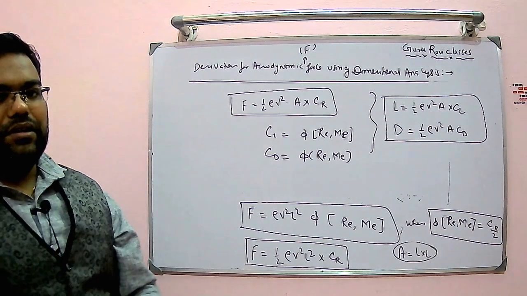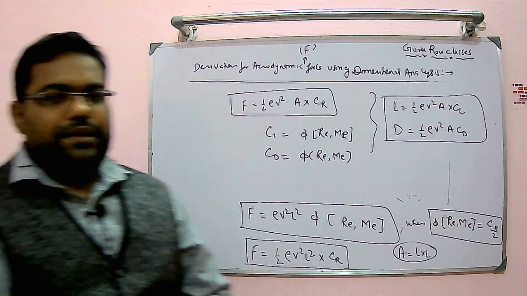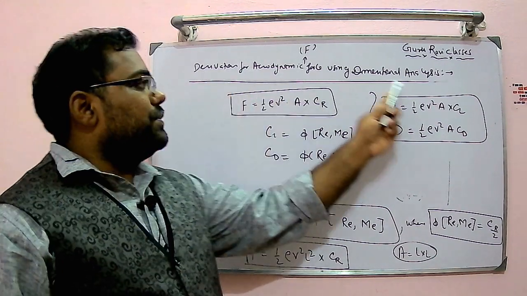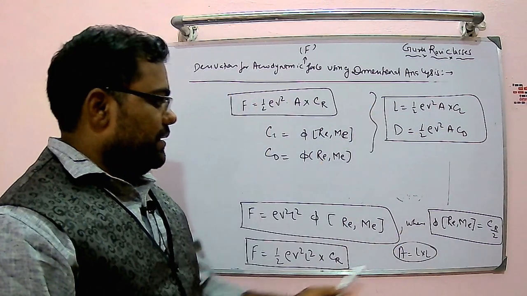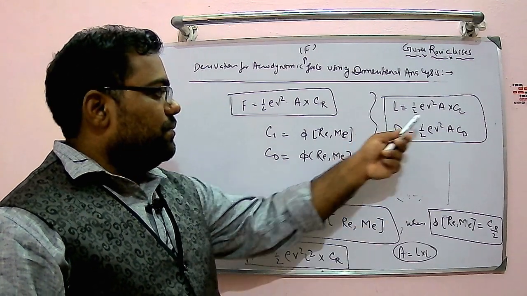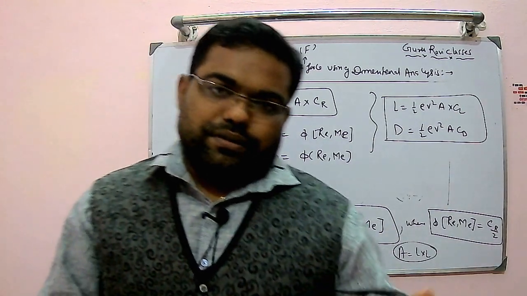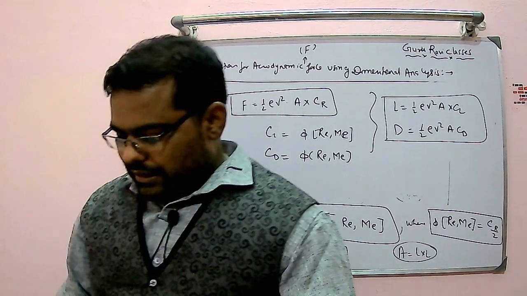This is the resultant aerodynamic force, right? So like that, you can derive expressions for the aerodynamic forces using dimensional analysis. Very simple way, right? L into L is the area. So half rho V square A into CL. A is the area, the planform area looking from the top. So like that, you can derive the expression.